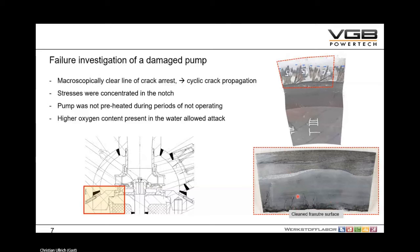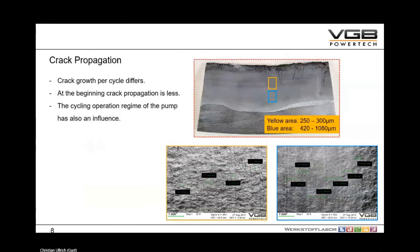And looking at this fracture surface, you can directly see that we have lots of lines of crack arrest, which really indicate that the rupture is a stepwise, cyclic process. Yeah, also looking at the surface a little bit more in detail, we see that we have different crack propagations, and that the distances between these lines of crack arrest are different. That shows you that different starts and stops led to different crack propagation, and for sure, the thinner the wall was, the more the crack propagated per start or stop,